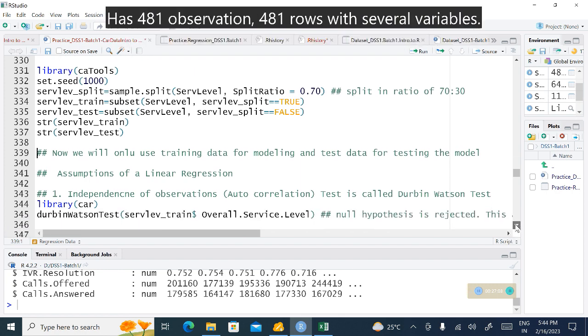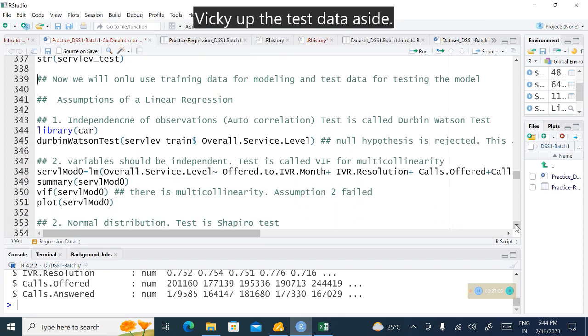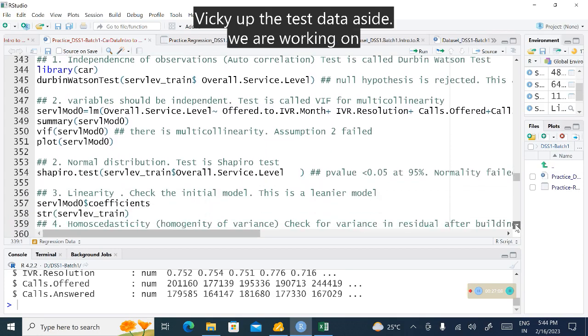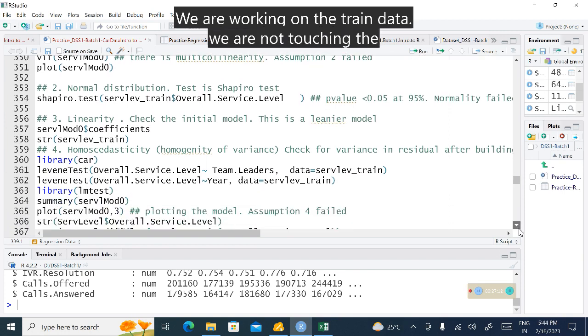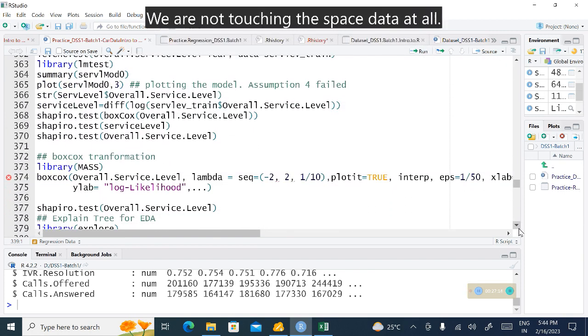We keep the test data aside. We are working on the train data. We are not touching the test data at all. So once we build the model,